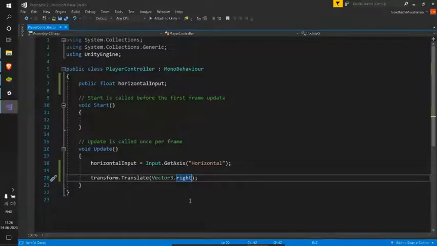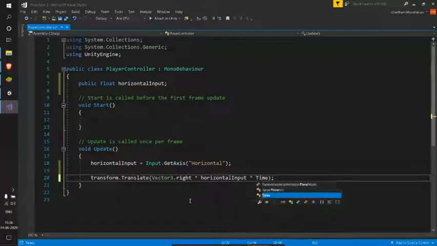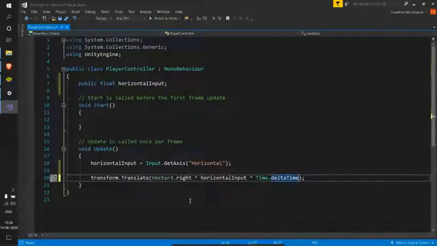So let me multiply with my horizontal input, and as we know, we need to translate based on time, not based on frame rate. For that, let me use Time.deltaTime, which gives the difference between two frames, and let me use my speed variable to adjust the speed.